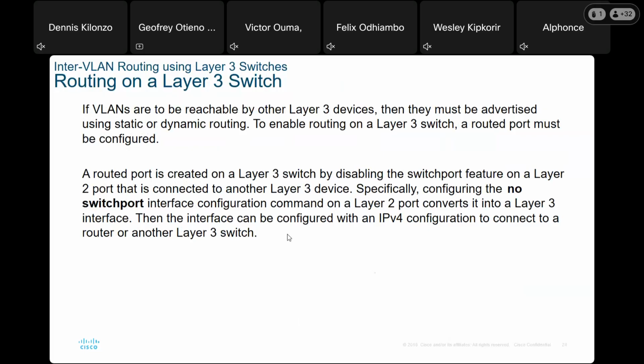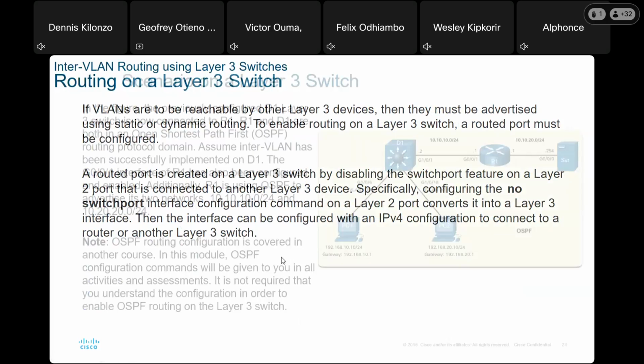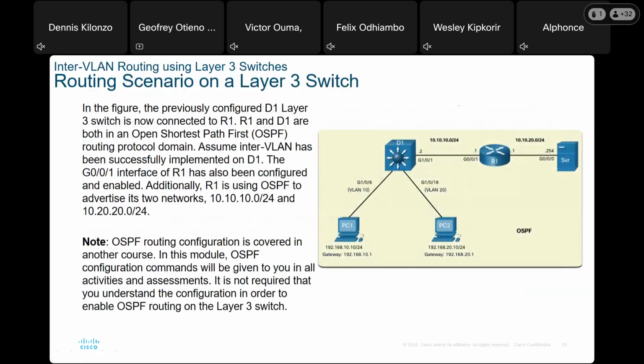Then the interface can be configured with IPv4 to connect to a router or to another layer 3 switch. So it will just work without any problem there. Okay, so that's actually the point, as you can see here. If you want to assign this an IP address,